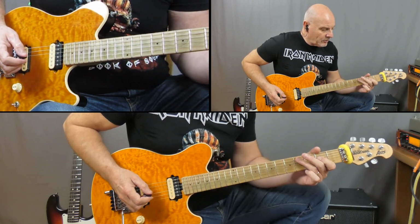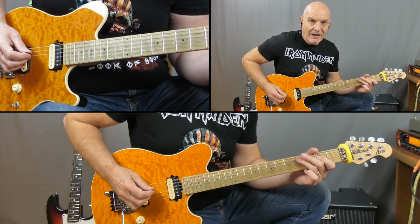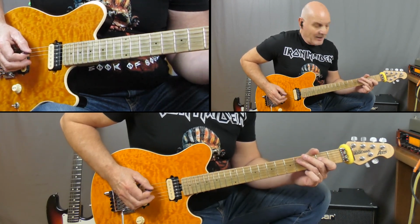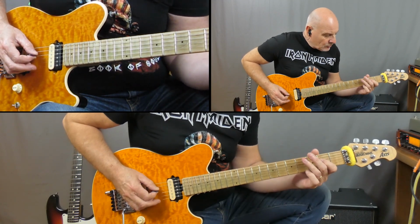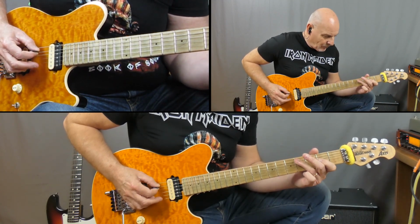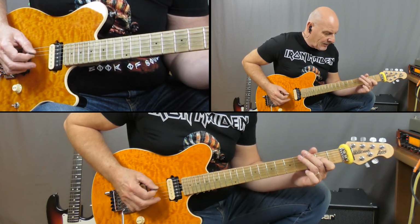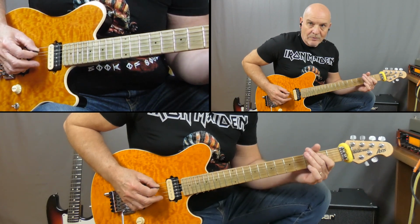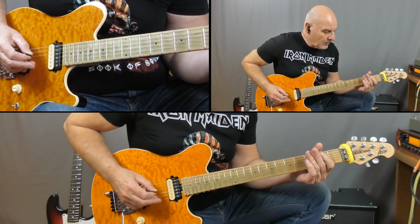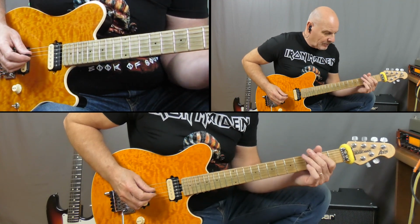Then we're going to move across and we're going to play this figure, which starts on the 4th fret on the A string, and we're going to play 2 4s, and then it's 4, 2 on the D, back to the 4, and then a 4, 2 D, 4, 3, 2, 0, and then 2 on the low E string. So we get